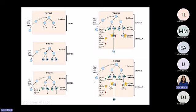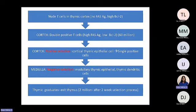So that's the process of MHC restriction. So same process here, just shown in a different way. The cells that enter into the thymic cortex initially are in a proliferative phase and they do not undergo apoptosis. But as they move through cortex and medulla, these cells